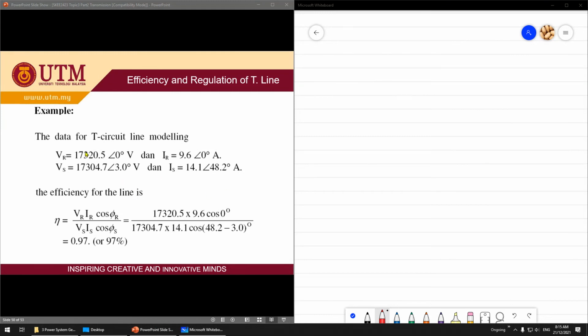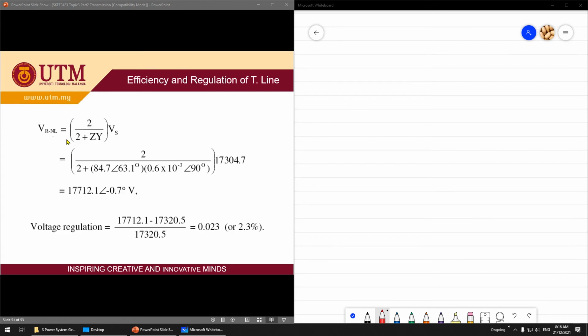Here is another example for the T circuit, medium line, T representation. So you can see here IR and IS are not the same. For the T circuit, the current is not the same because of the capacitor of the admittance. So of course you just use the formula again. Make sure you know the formula and you get the efficiency. And for voltage regulation, you can use the